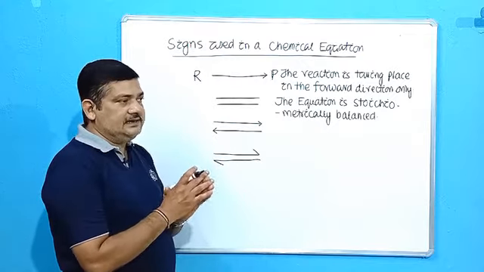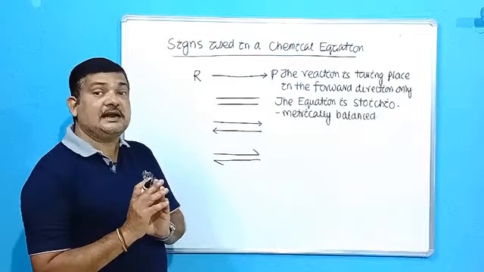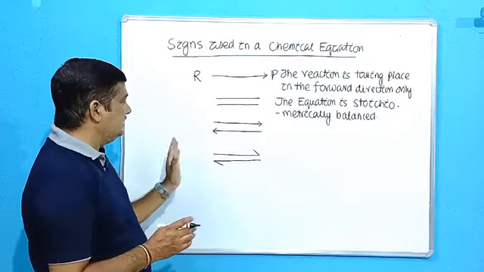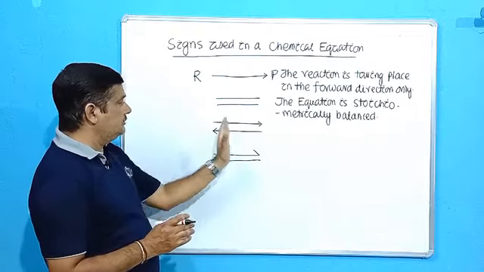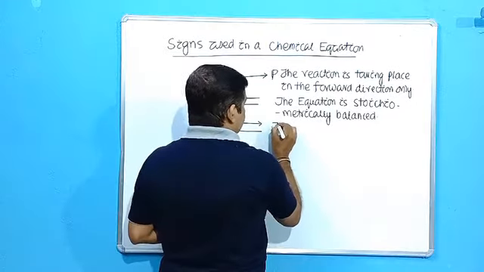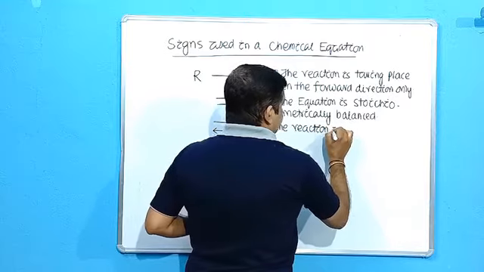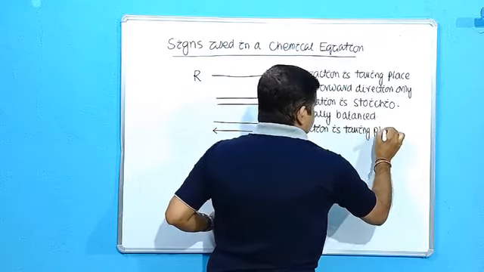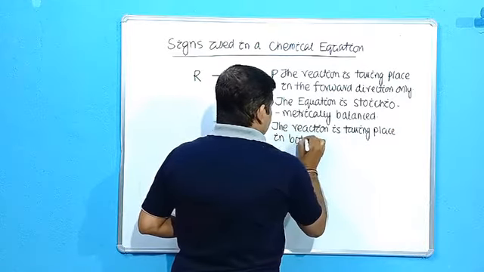That means the number of reactant atoms present on the left hand side is equal to the product atoms present on the right hand side. And for the law of conservation of mass, I have already told you. Then when there is a double arrow, full arrow, there is a half arrow here, there is a full arrow. So when there is a double arrow in both the directions, that means the reaction is taking place in both directions.